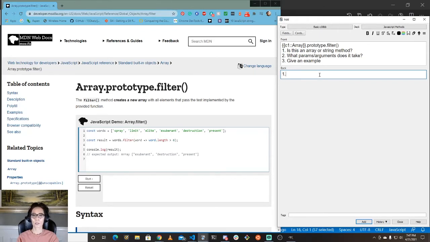Okay, so one, filter is an array method. Two, filter takes